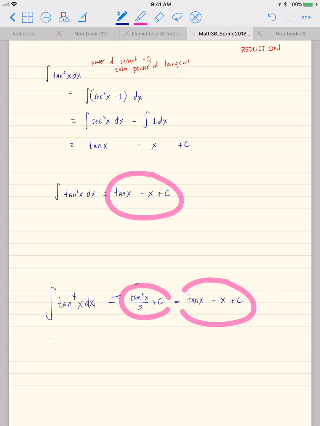So the last step is, if we want to integrate from 0 to pi over 4 of tangent to the